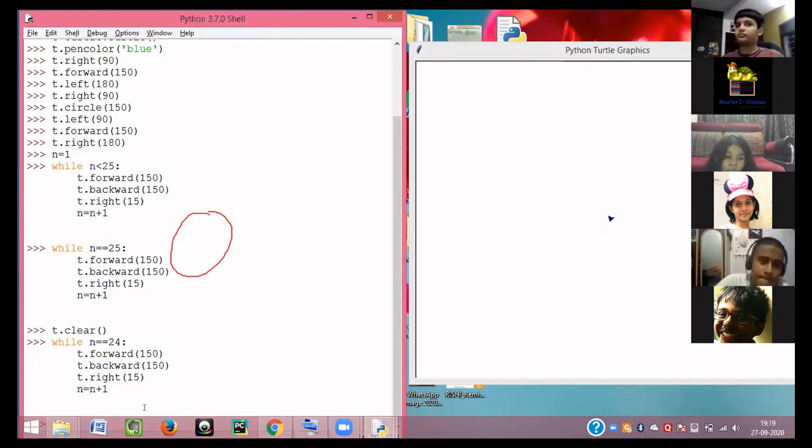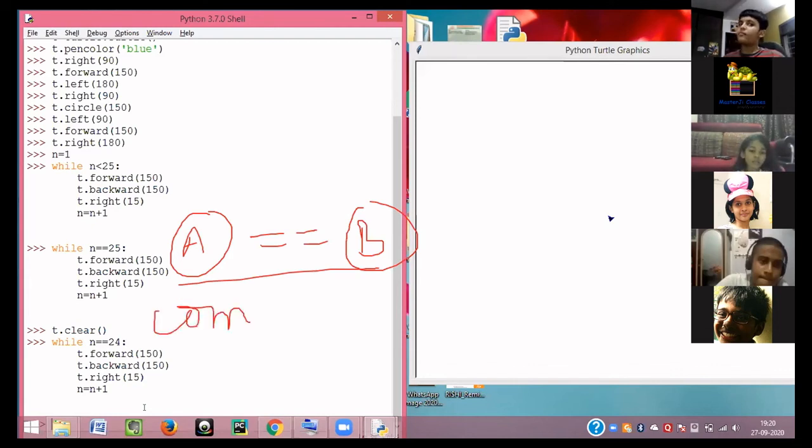In that, it also tells that if you want to show the equal to sign, you have to put it 2 times in computers. There is a way you have to write in computers, and you have to learn that way. Don't worry about that. We'll teach you. But remember that when we have to check whether two numbers are equal, you have to put two equal to signs in between them.